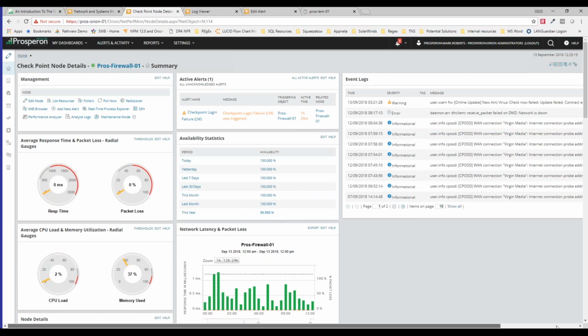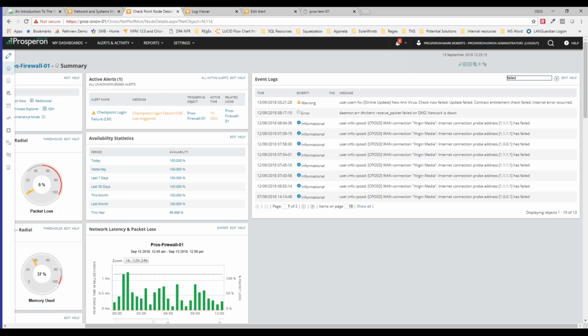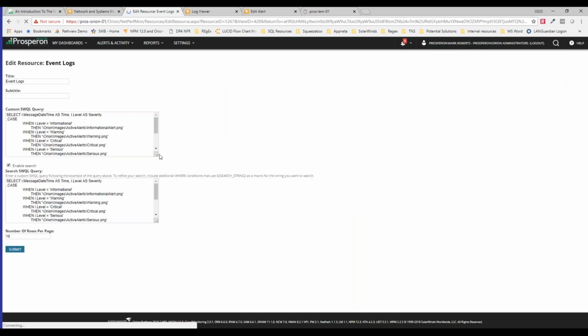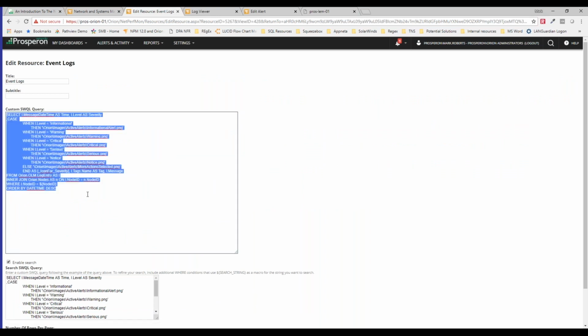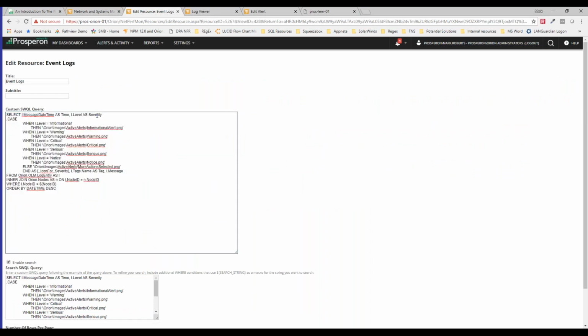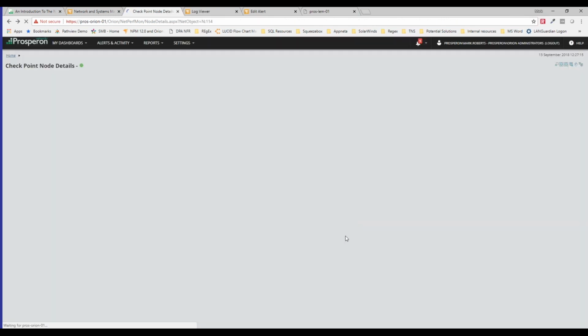If I just very quickly show you, we are using a not too complicated SQL query to bring that in. You can see we've got a case, so we can show an icon, we can make it visual, and say this is a useful addition